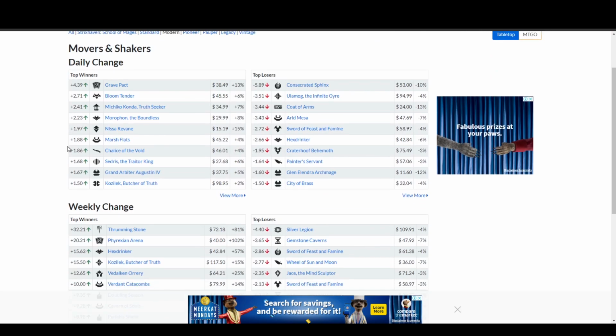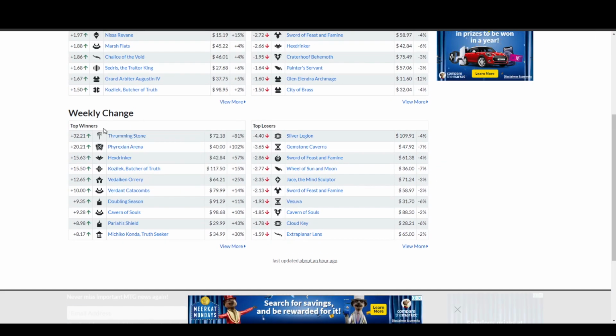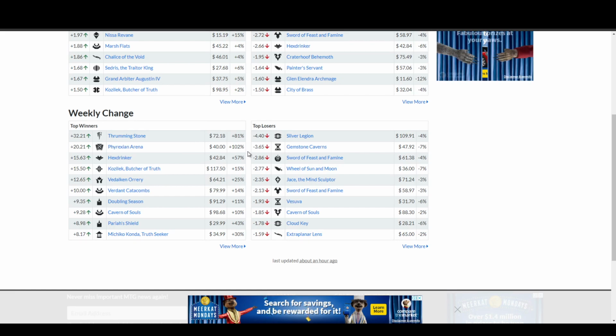Next, we're going to go straight into Modern. So Modern is a big one. A lot of these cards are obviously moving because of Commander. Thrumming Stone moving up by 81%. Phyrexian Arena, that is a Commander card. It is moving up by...